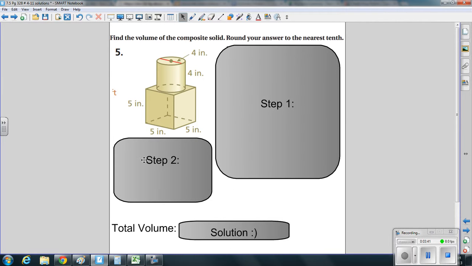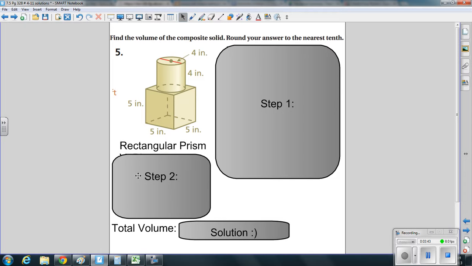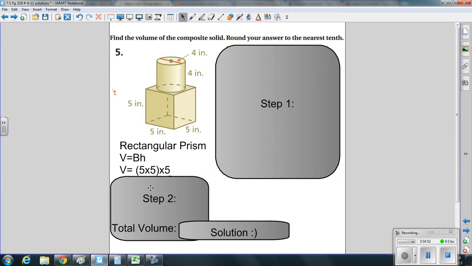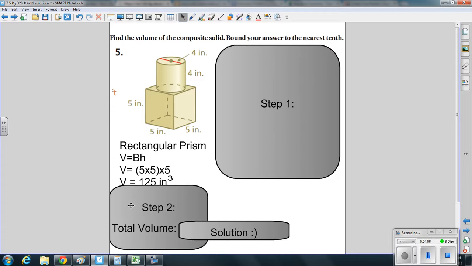Okay, let's take a look at step 2 now. Step 2 now is the rectangular prism. We want length right here. Watch the cursor. We want width right here. And height. And remember, this line is congruent to this line, which is congruent to this. So the height is 5. So we do have a cube. So we take the area of the base, 5 times 5, and times it by the height of 5, and we get